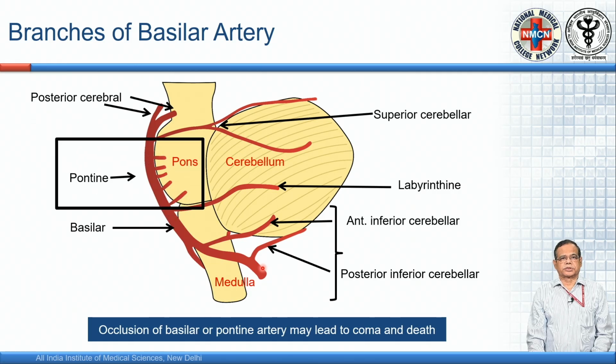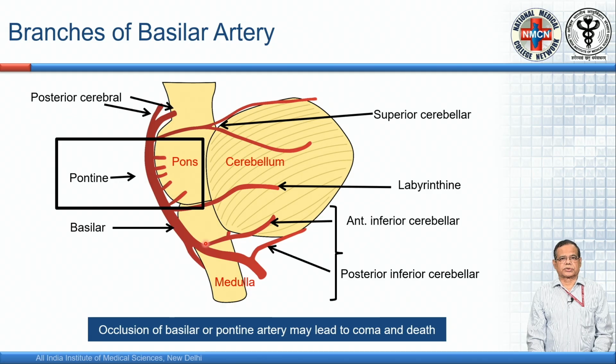The pontine branches of the basilar artery are very important, and there are three types of branches from these arteries: the perpendicular arteries, short circumferential arteries, and long circumferential arteries. The perpendicular and short circumferential arteries supply the ascending and descending tracts, the reticular formation, and the major cranial nerve